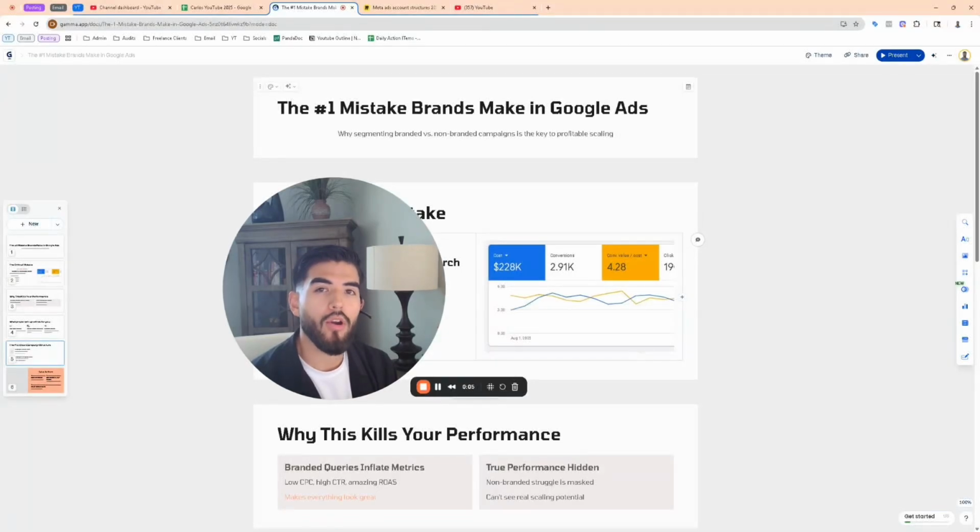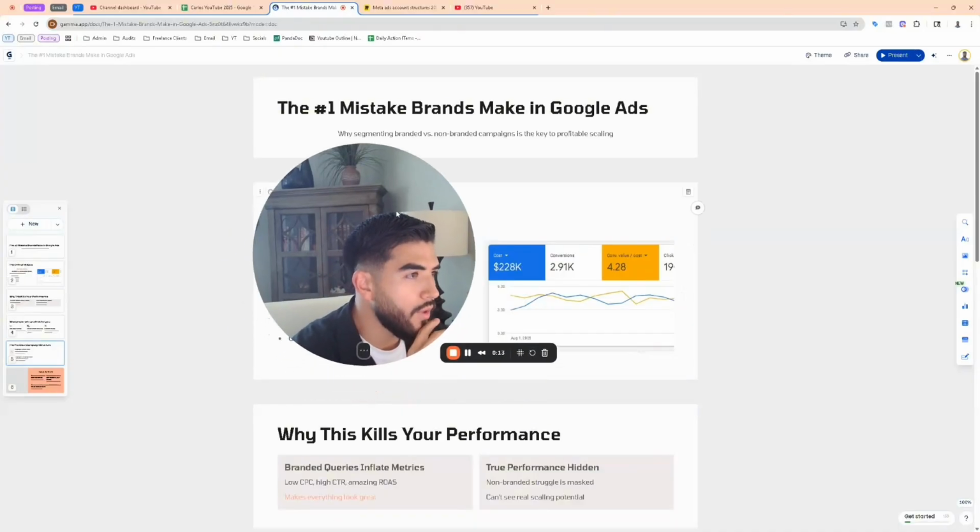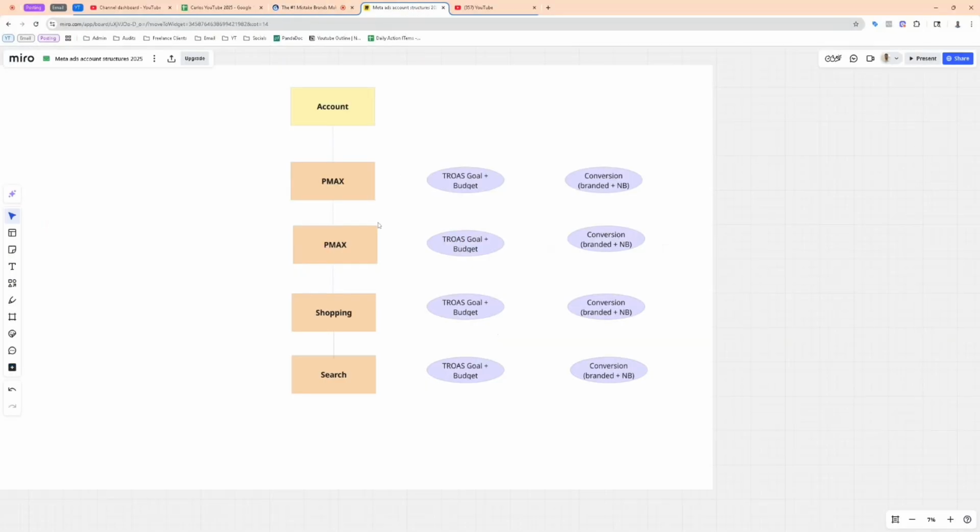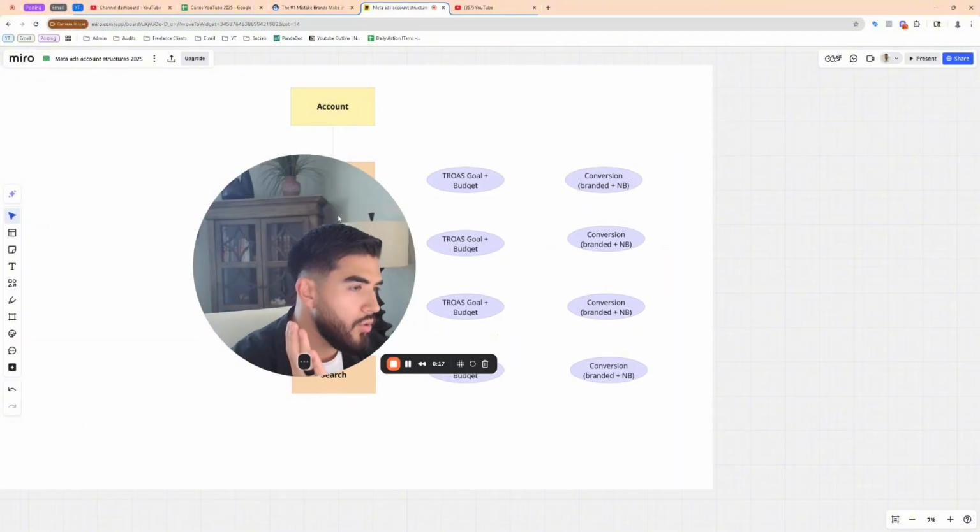After auditing well over $100 million in ad spend, this is the number one mistake I find brands making when they're running their Google Ads accounts, or their agencies are running them. So, if we just dive in, I'm going to share a structure of what a typical Google ad account will